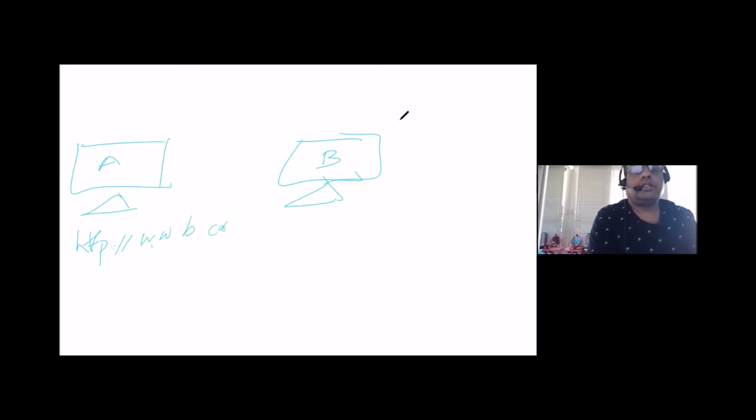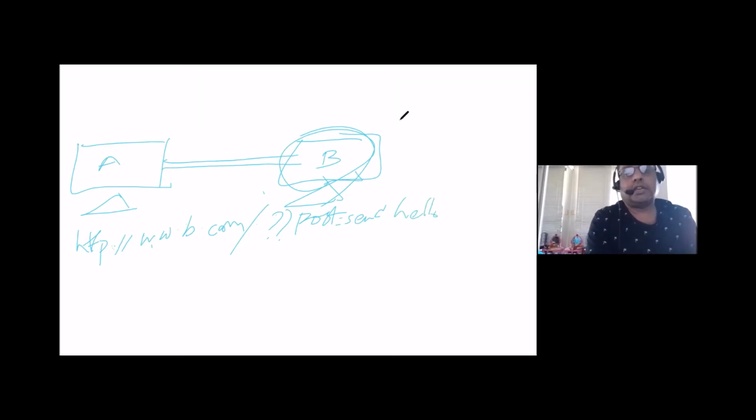www.b.com. B is this particular guy. Okay, b.com. And the data travels, followed by some argument, question mark, post, send. This is not an exact command. I'm just giving send hello. So I'm sending the data hello. So this particular thing, which actually